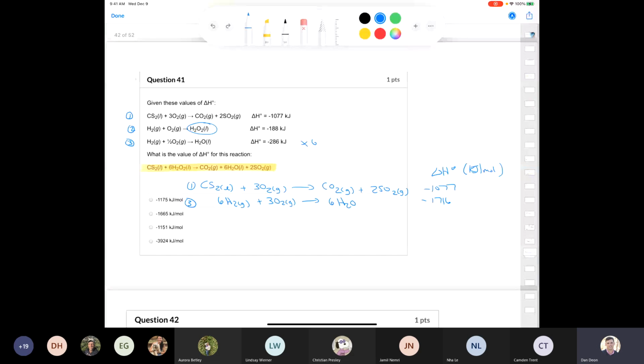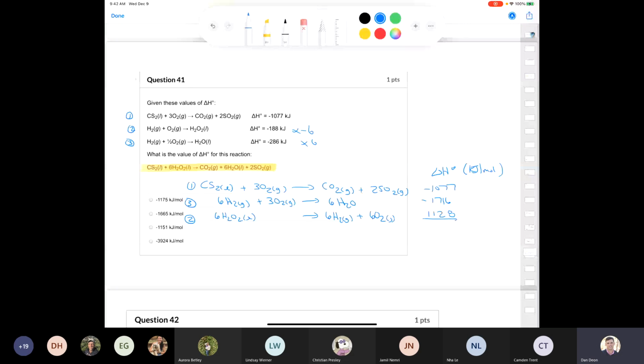So that one I'll multiply by -6, won't I? That will give us 6 moles of H2O2, and it will produce 6 moles of hydrogen plus 6 moles of oxygen, and that'll give us a delta H of